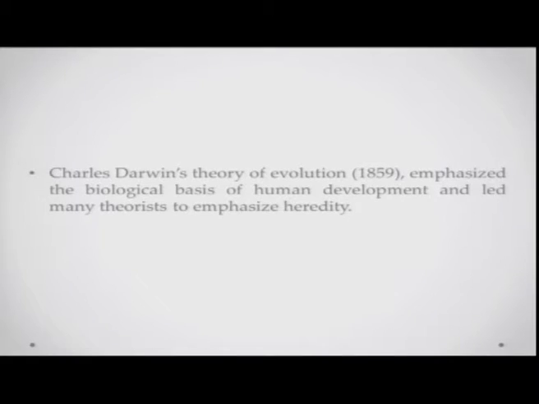Now, there is another theory. I was talking about the nature part, the species history. Charles Darwin gave the famous theory of evolution, 1859, the Origin of Species. Darwin emphasizes in that book and many other places the biological basis of human development, and it triggered a lot of other theorists to start looking more seriously at heredity and the biological factors that make up individuals. So, these are the two basic concepts, how they weigh against each other, and during the course of this chapter you will realize the relative contribution of each of these things.